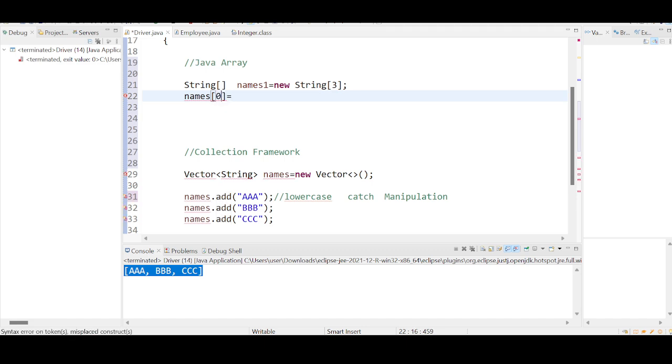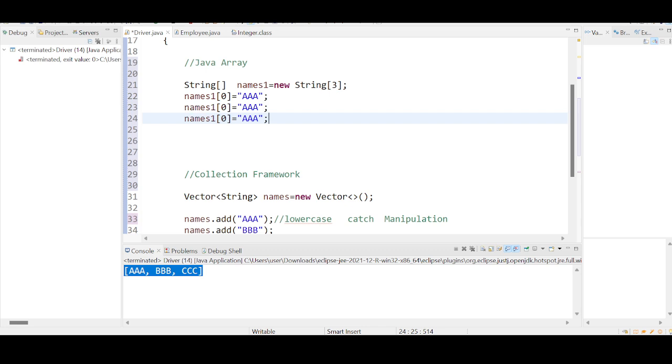So what we do, there is an index 0, I mean names one, the variable name followed by the index number. Then in this index number, I want to store what? I want to store AAA. Likewise, there are two other index numbers. What are the two other index numbers? We have index 1 and we have index 2. Because the size is 3, the index starts from 0, 1, 2. So I can store the values, or I can store the object